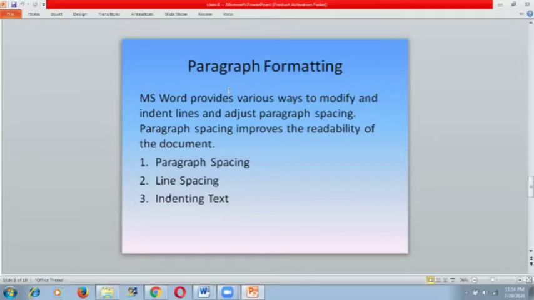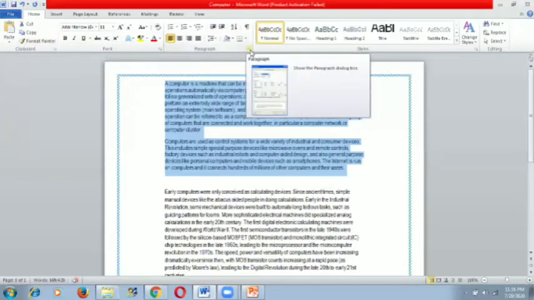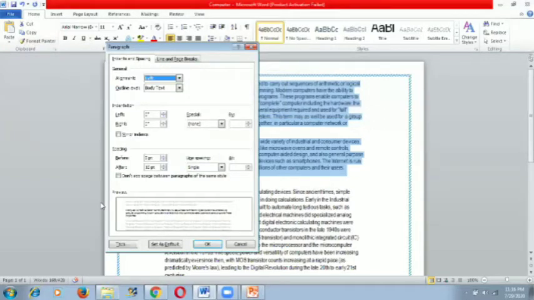So now let's do it practically. To set the paragraph spacing, first of all, type some text in the form of a paragraph, then go to the Home option, and then from the Paragraph tab, click on this arrow. The Paragraph dialog box appears in front of you.